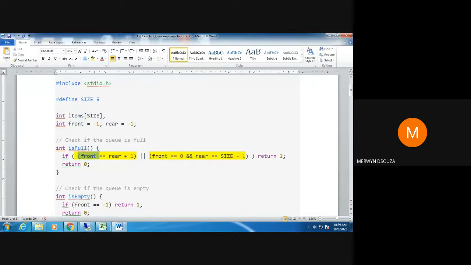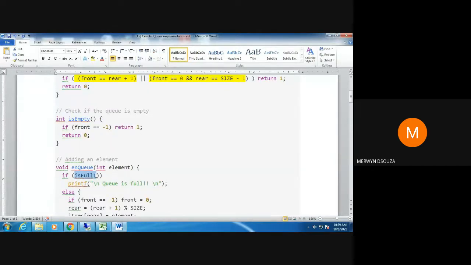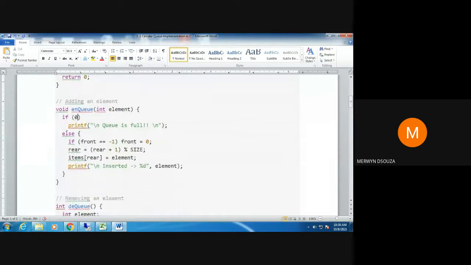Okay, so when this condition is false, what value will we return? We will return the value equal to 0. So from this isFull condition, we are returning the value equal to 0. So this 0 is sent here, where the function was called. We are sending the value here equal to 0. Okay, when you send the value here equal to 0, that means the queue is not full. So if the queue is not full, we do not execute the if part, but we execute the else part. Okay, so that is the way your function here works.